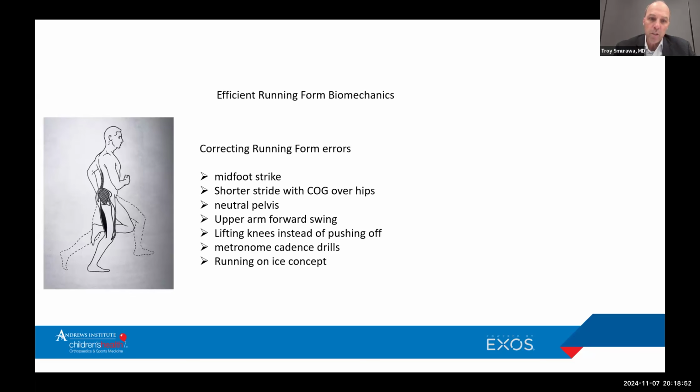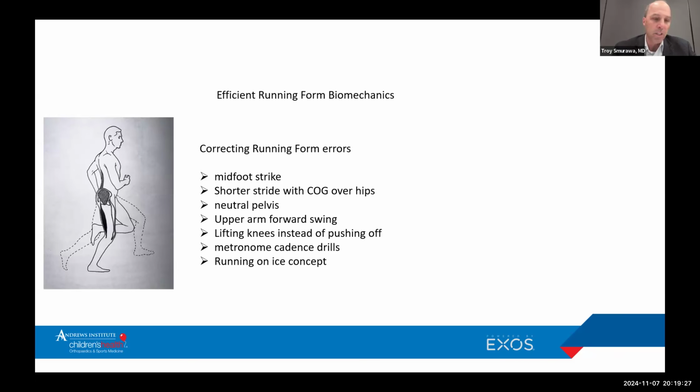And one of the drills that we use is using a metronome cadence drill. So what you do is you have the metronome on your phone connected to your AirPods or your earbuds, and then you measure your cadence per minute. And then if you're measuring, basically I say do one leg, not both. So if your cadence is 80, then increase the metronome to 85, and then that forces you to increase your stride frequency, which oftentimes will force you to shorten your stride, and then it will force you to have a more efficient stride, and you keep doing that.